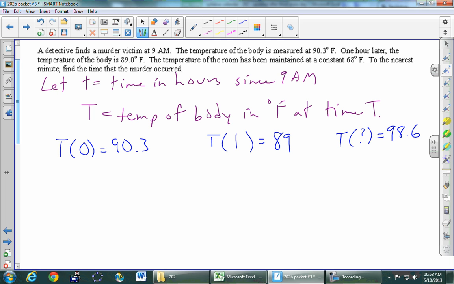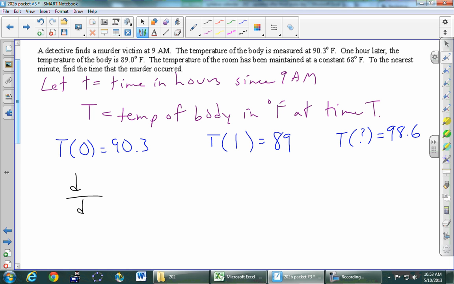Good. Okay, let's get to Newton's law of cooling. I'll just say it, but this is what Joey read to us. It says the rate at which the temperature is changing. What does rate mean to us in a calculus class? It does mean slope. It means derivative. So the rate of change,